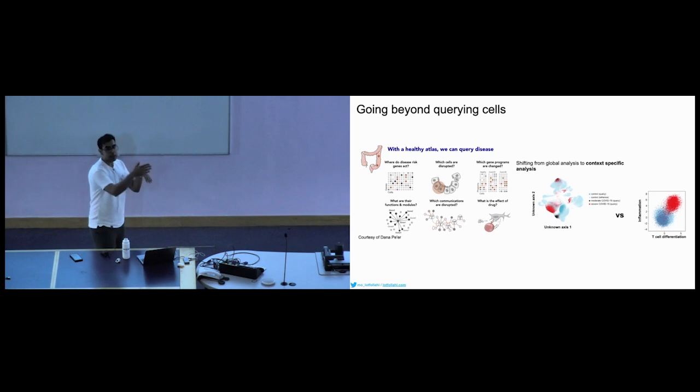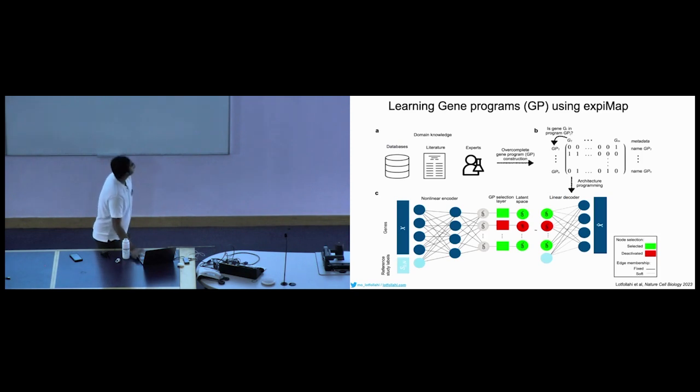So if you traverse that latent dimension, then you go along from undifferentiated cells toward more mature T cells. And the same thing for inflammation. So you have a degree of inflammation from low to high. And that was our motivation to design a method, a proof of concept, to answer similar